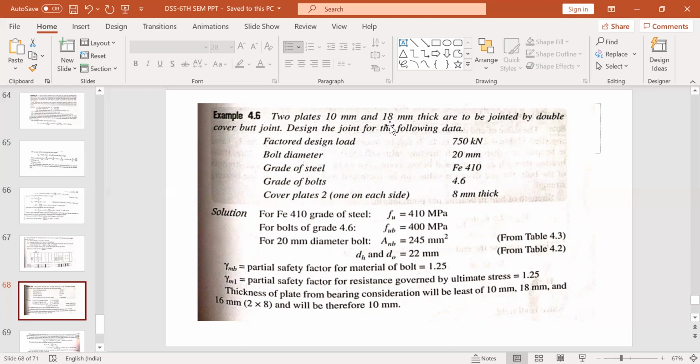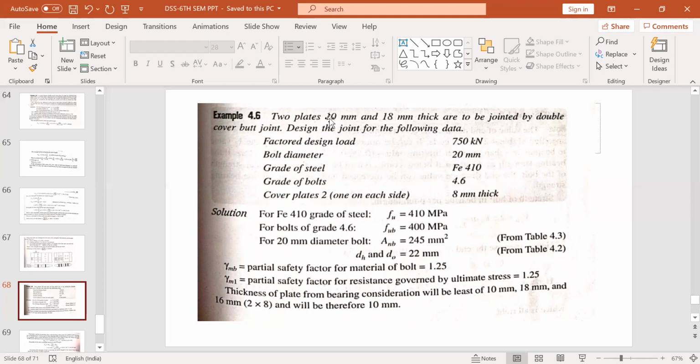Once you place the cover plate on the top and the bottom, there will always be a gap of 8 mm. Now to fill this gap, you have to provide additional plate that is called a filler plate. Additional thickness of again 8 mm has to be given to fill it. You cannot keep that gap, otherwise the connection will be loose. So this is why this problem is taken. So what to do in such cases when thicknesses are different? Provide filler plates.